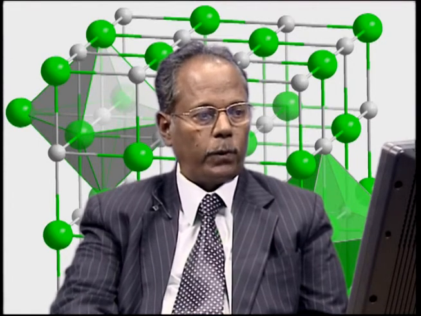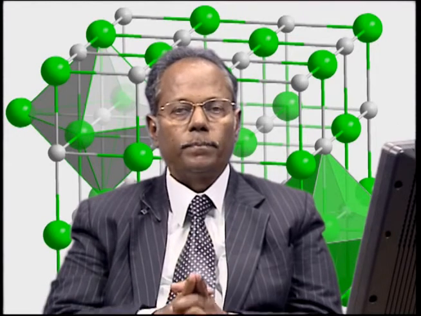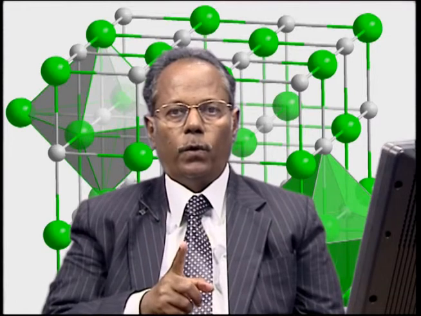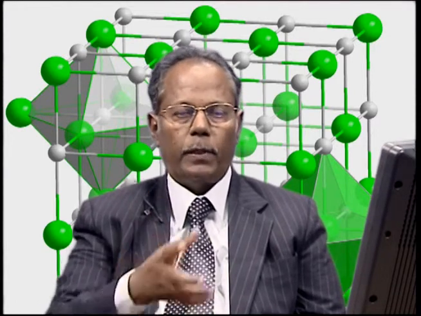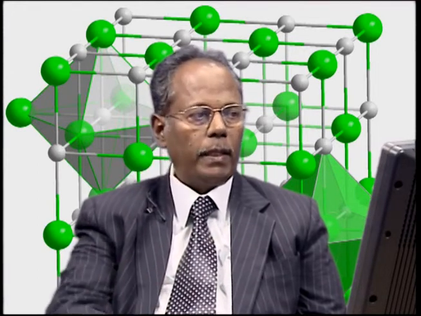So, this is a compound unit cell. By translating this compound unit cell also, you can generate the entire lattice. Therefore, you should know the distinction between the primitive unit cell and the compound unit cell. And again, I would like to repeat that the compound unit cell alone will have the symmetry of the entire lattice. The symmetry of the entire lattice will be shown only by the compound unit cell, but not by the primitive